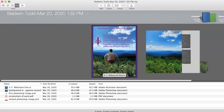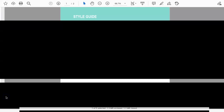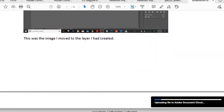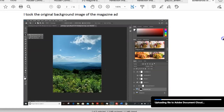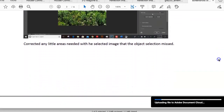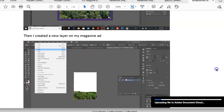Todd, this is your zip file. I just opened it up. And I see you've got a PDF with screenshots of your work. So good going on that. That's good that you keep a record of your progress. And you'll be making a final reflection too. And actually, you've got a good head start on it, where you show your techniques and your abilities to mask and also composite your